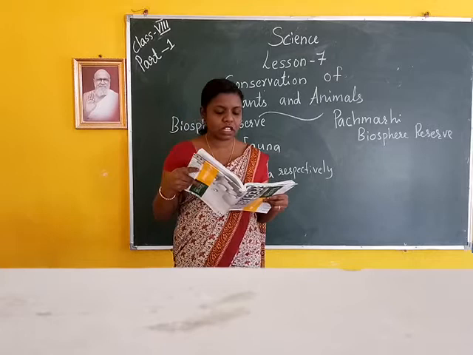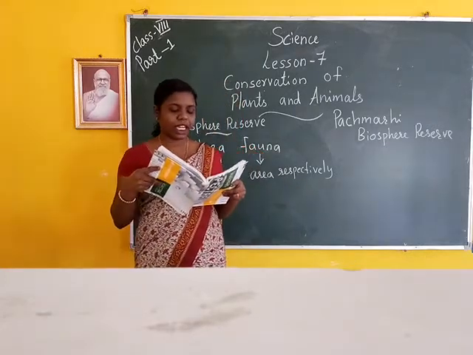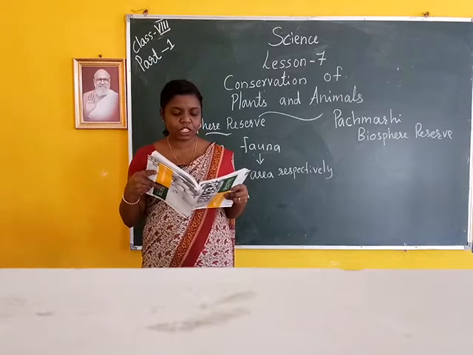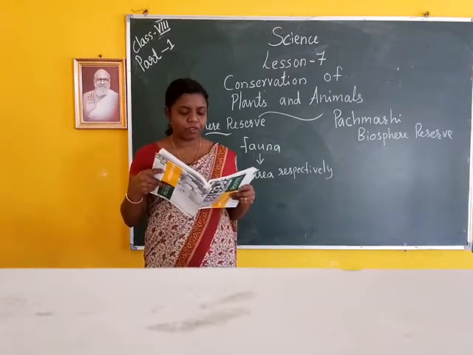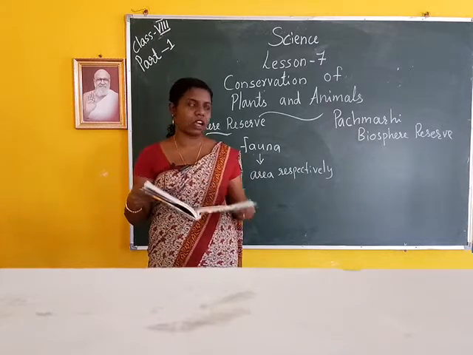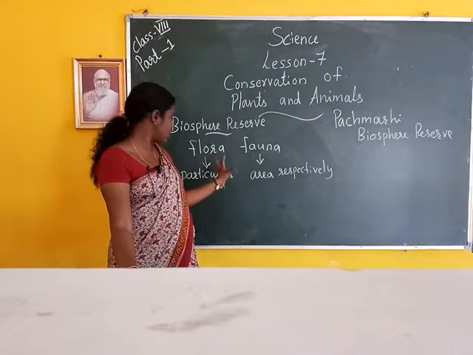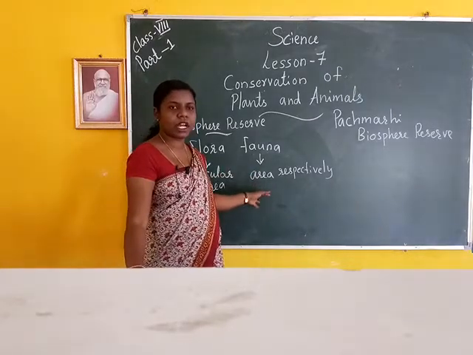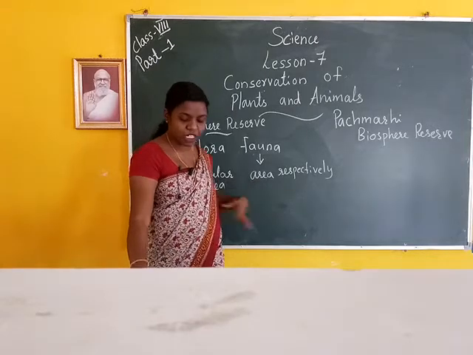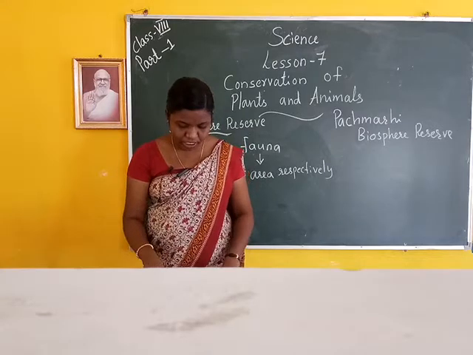Some animals and plants typically belong to a particular area. The plants and animals found in a particular area are termed flora and fauna respectively of that area. That means flora is the animals and plants seen in a particular area, and fauna means animals and plants seen in the respective area. Then next is